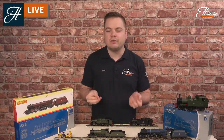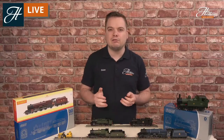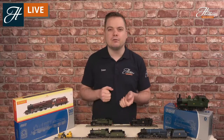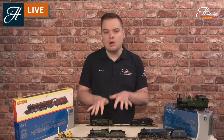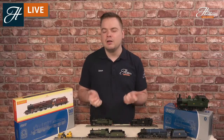It was a locomotive that's been around in a few ranges since the late 1970s. Mainline originally tooled up a model which was fantastic for its time. However, it did become more and more dated and superseded, and it was finally withdrawn from Bachmann's range in the early 2000s with a couple more liveries coming through. So it's been a long time coming for the 43XX to get a brand new model,